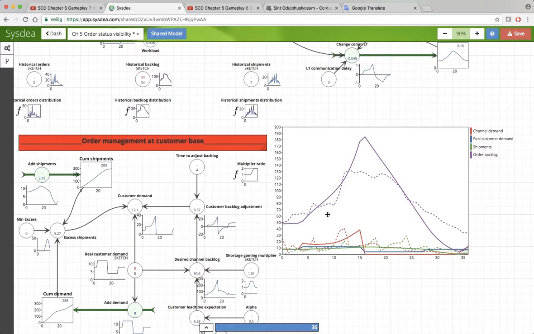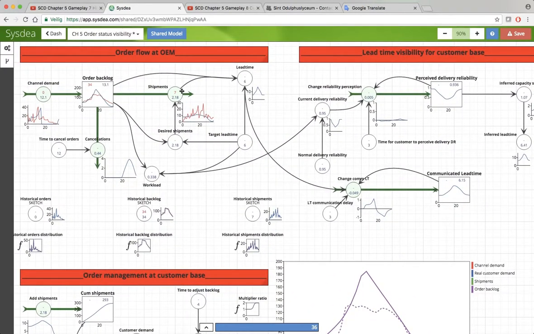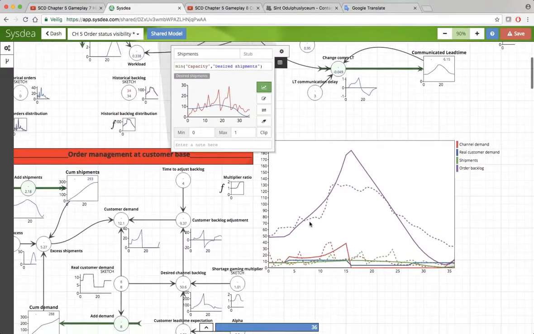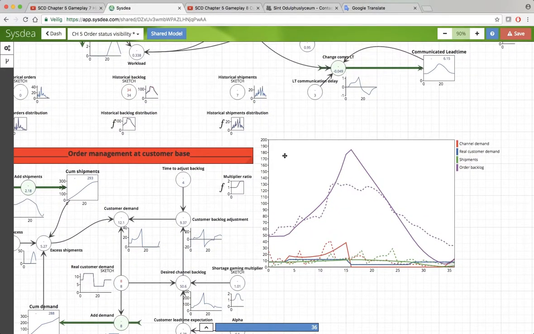The output line is much more smoothed. This shipments line, you can see that also in here, both in the model and historically. Historically, there are spikes here, but they often have to do with things like end of the month shipments, etc. So all the shipments would be just before the end of the quarter, or some other reason, but nevertheless lots of noise. But the smoothed version of this looks a bit like the blue line. And because of the constraints in capacity, you can have a huge increase in orders, but that doesn't mean that you have a huge outflow of shipments